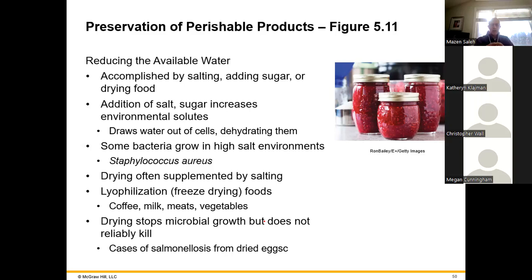Cases of salmonellosis from dried eggs, of course. Fresh eggs could have salmonella. So freeze drying can preserve bacteria, in fact, as well, some bacteria, right? Because it preserves the material itself and it stops any form of life. But you can lyophilize bacteria and it will not actually kill them. And here I can give you another example of, say,